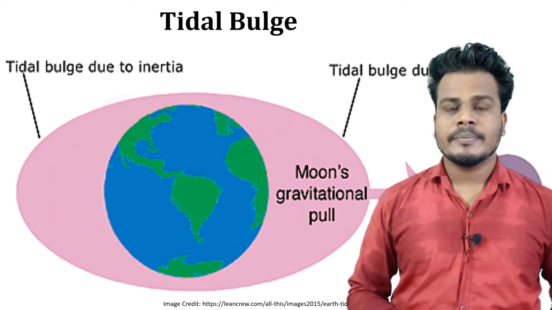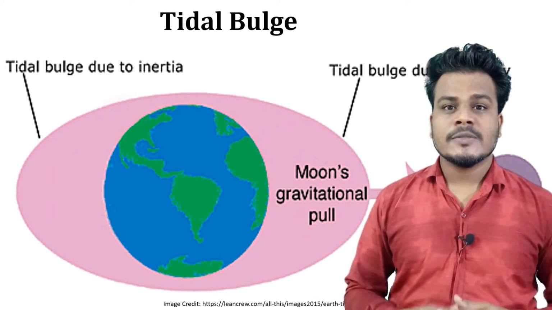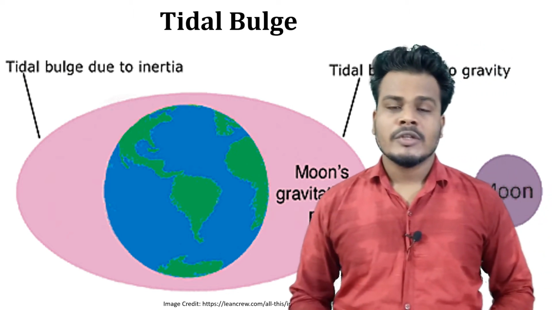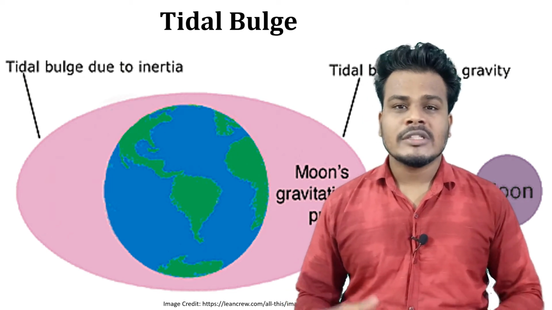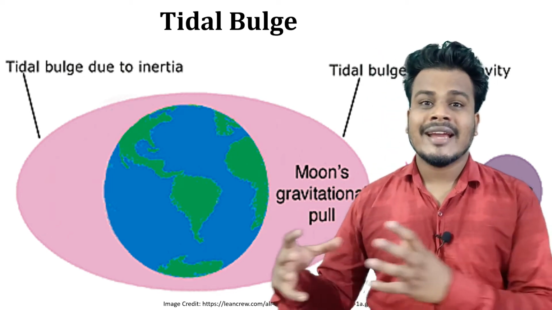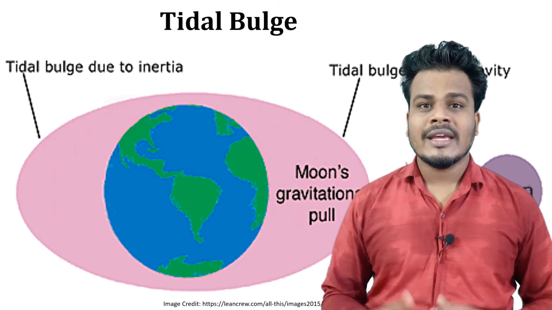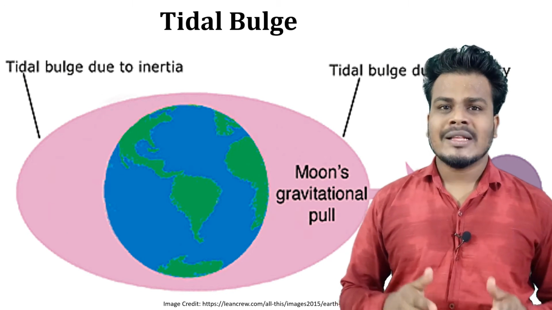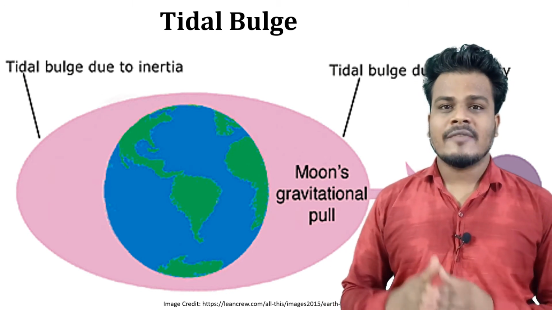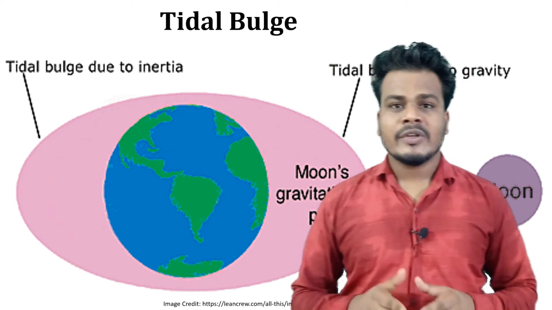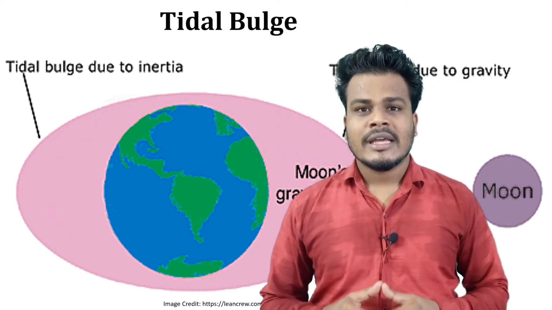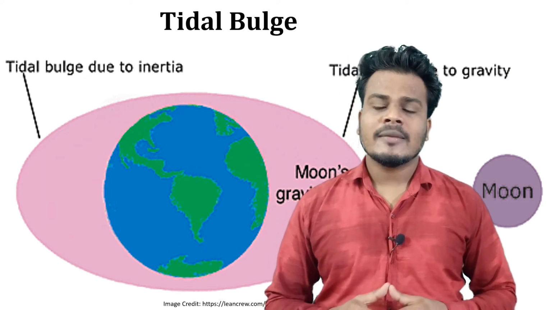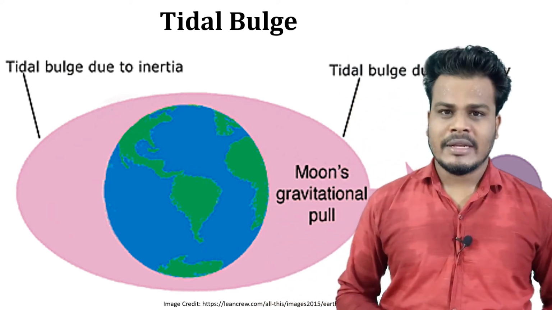What is this tidal bulge? The ocean water is pulled towards the moon due to the impact of gravitational pull. So the surface of the water which is close to the moon will be attracted towards the moon because of the gravitational pull. This is known as the tidal bulge. So the side facing towards the moon will have one tide, and the other side, which is opposite on the earth, is also having one tide. In simple words, the tidal bulge is a high tide phenomenon.